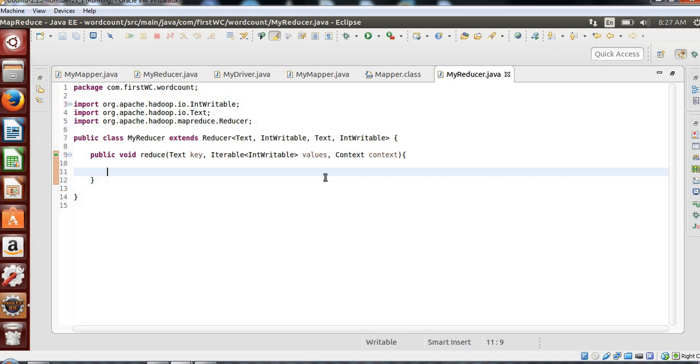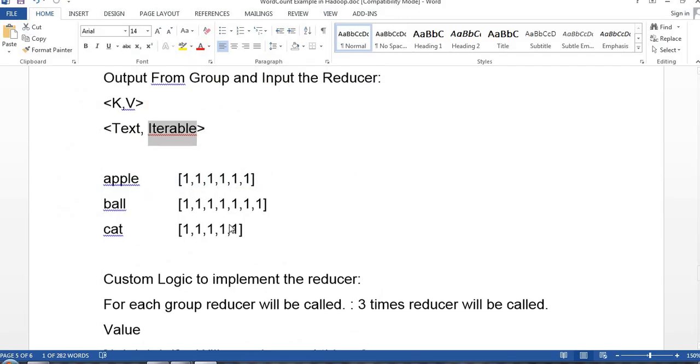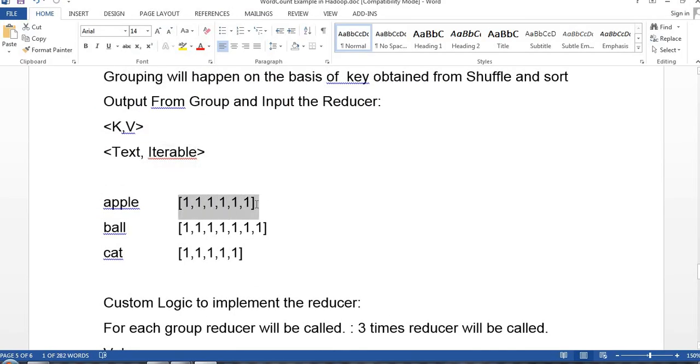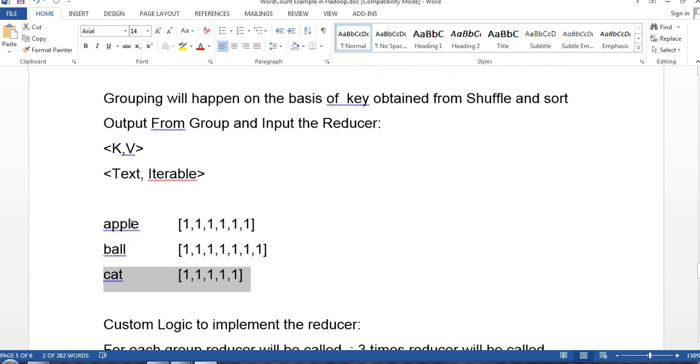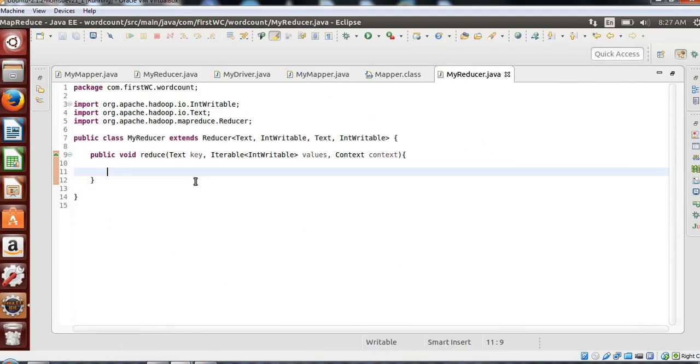You have given the definition of the reduce. Now we'll write our custom logic to achieve the same. We will add the values and map the sum to the key. And how many times will the reduce method be called? The reduce method will be called once for each unique key. So how many unique keys are there? That is 1, 2, 3. So the reduce method will be called 3 times. We came here.